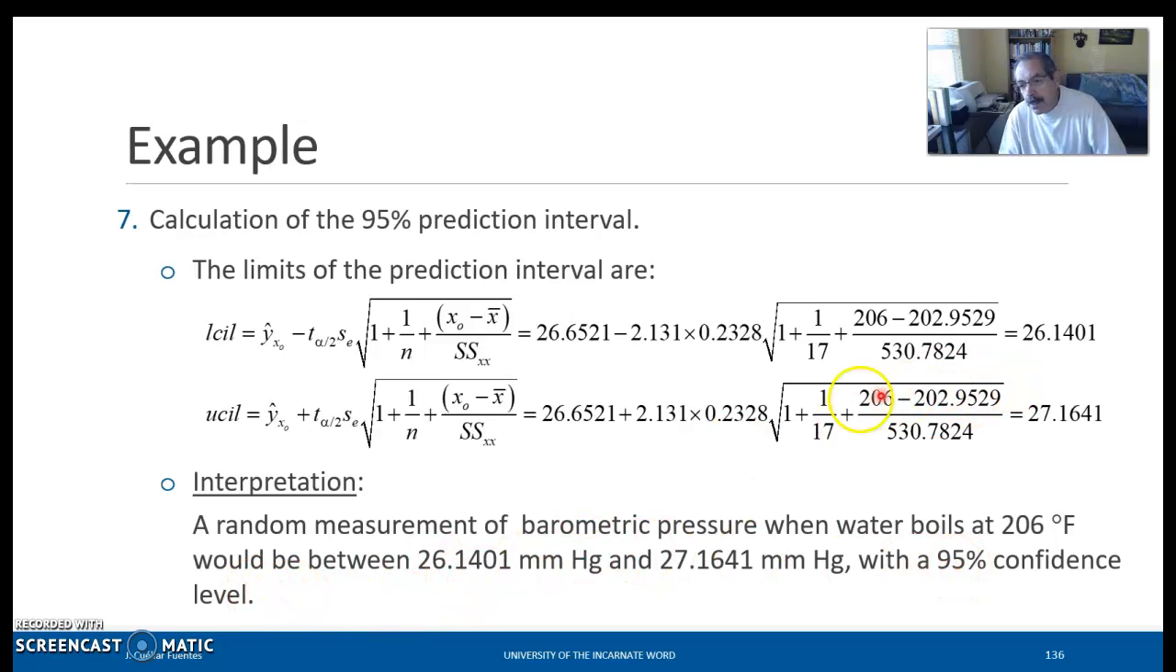So if you were at the top of a mountain and you boil the water and it boils at 206 degrees Fahrenheit, you would expect the atmospheric pressure at that point, when you measure it, to be between these two numbers. All right, so with this, we complete the analysis, but we have one more thing, and that's to